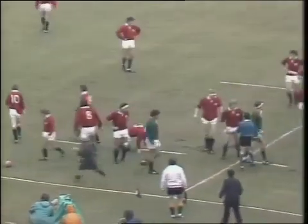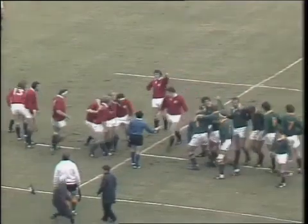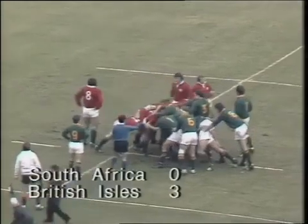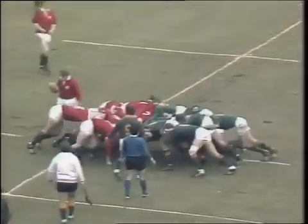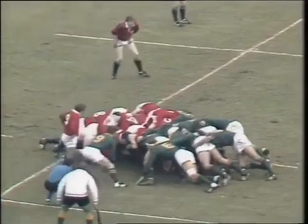Well, early on in the second test, Andy Irvin put it down the Springboks' throat, and Gerrit Gamaseis managed to score. But there was another one going straight to Narsbotha. Very good piece of counter-attacking by South Africa. Started by Narsbotha coming across. Very good move indeed. On the Lions 22,